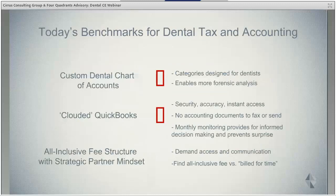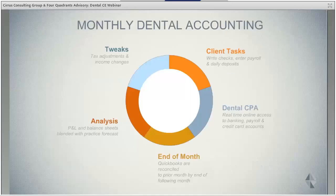So I touched on some benchmarks for dental accounting: the custom chart of accounts, the cloud-based QuickBooks, all-inclusive fees with that strategic partner mindset, and that's really important. And for the sake of time, I'm going to go ahead and go on to